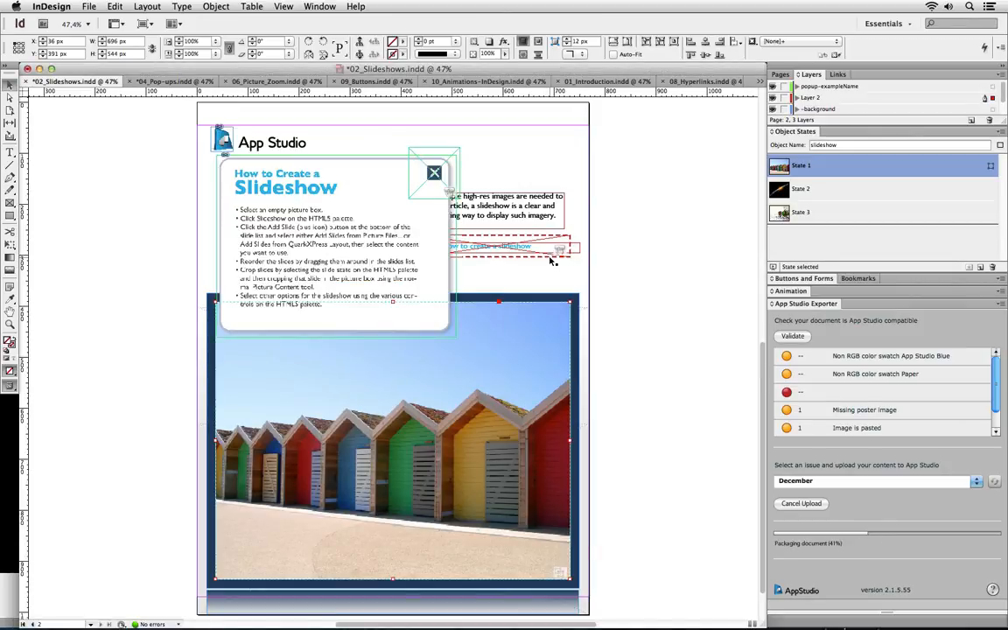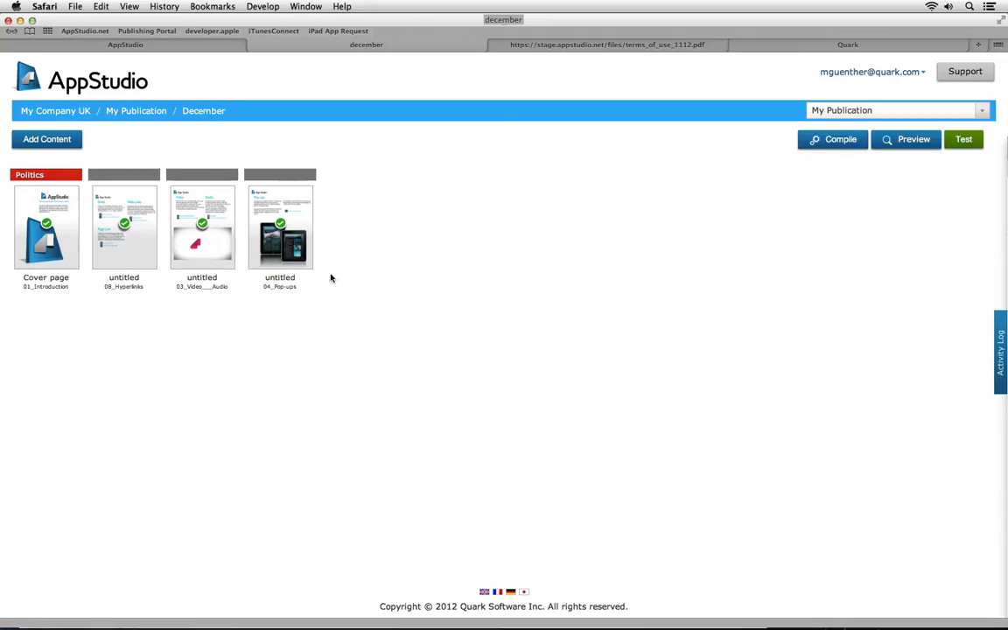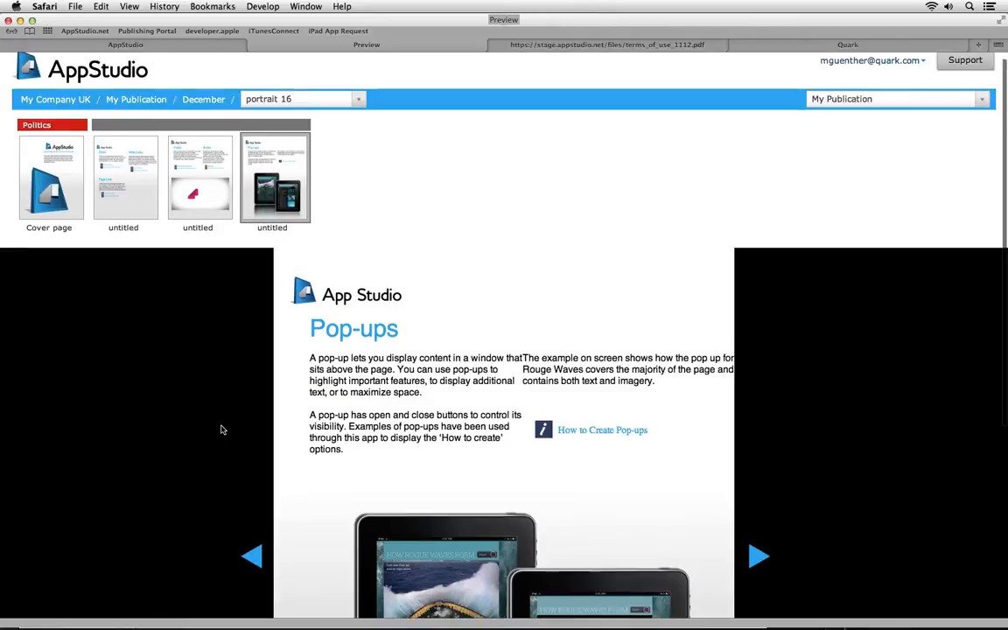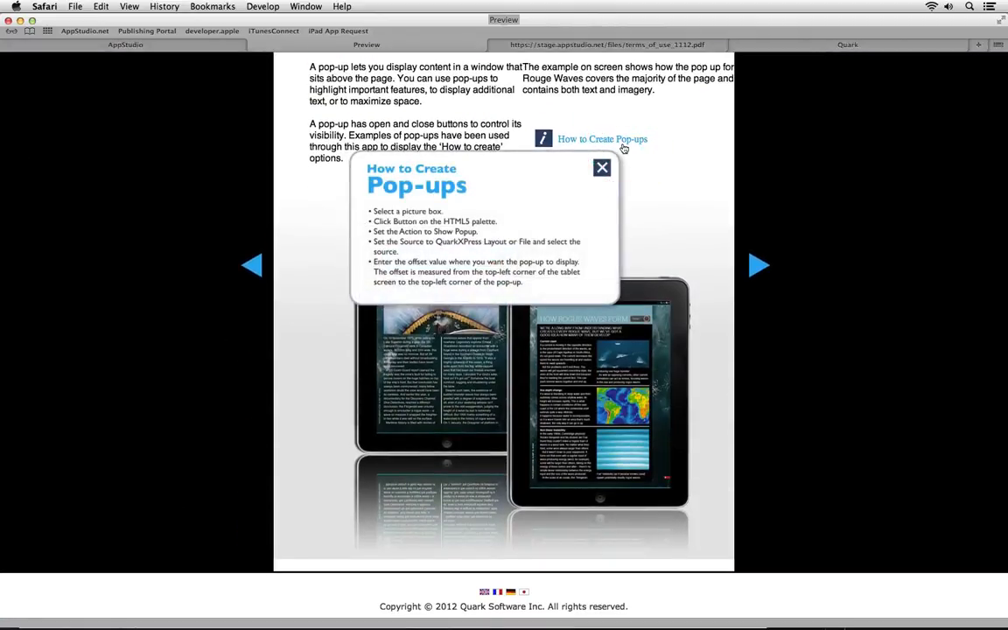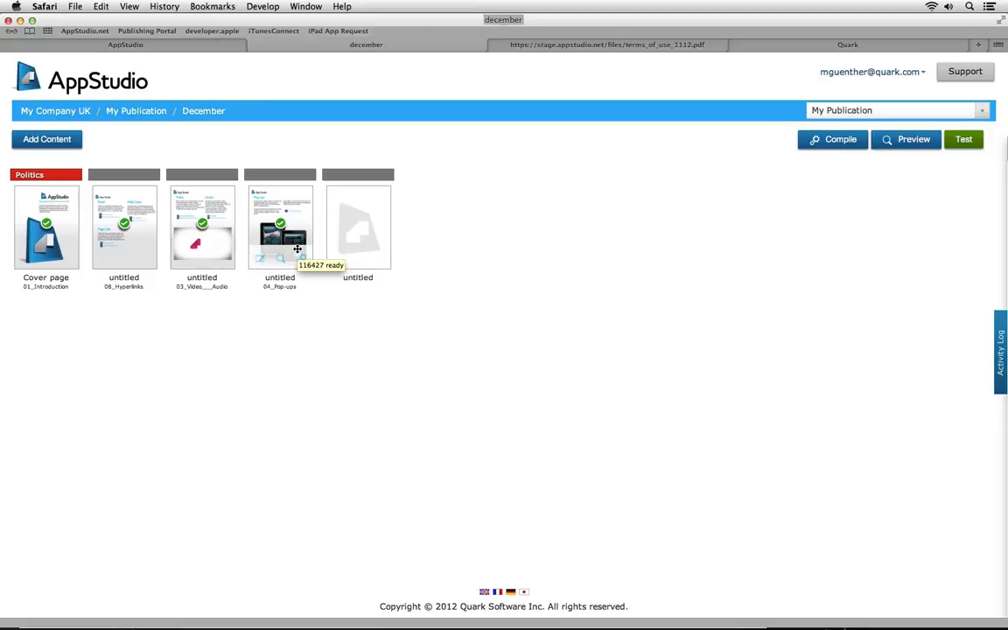You can see there's also a pop-up here that shows during export. So in the portal, first thing I wanted to show you is my pop-ups. If I go to page pop-up, you can see I have additional content here, and when I tap on this how to create pop-up, you can see the pop-up is appearing and vanishing again. So a great way of adding this additional content. And the fifth one that I uploaded, the fifth page, is just arriving,